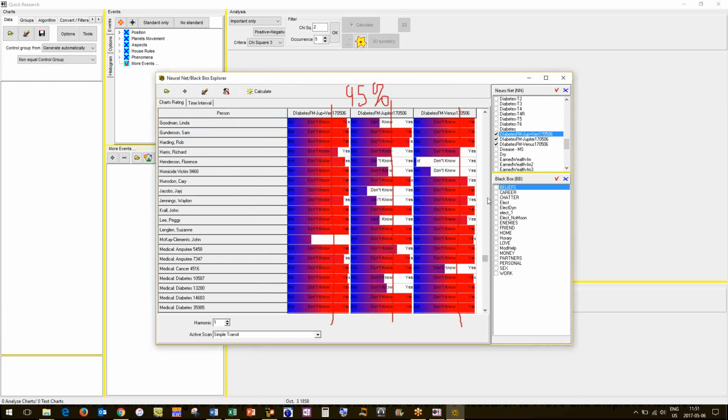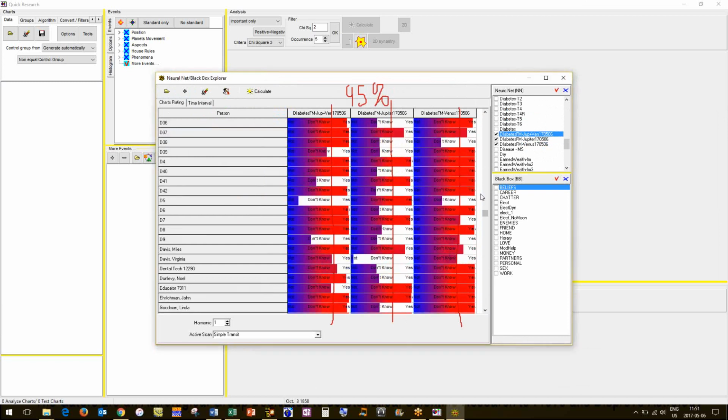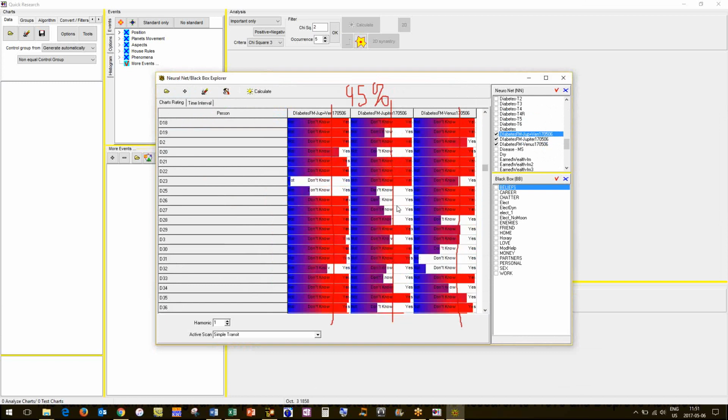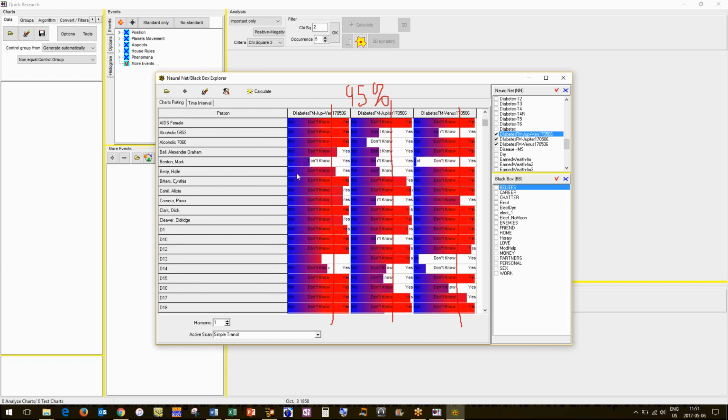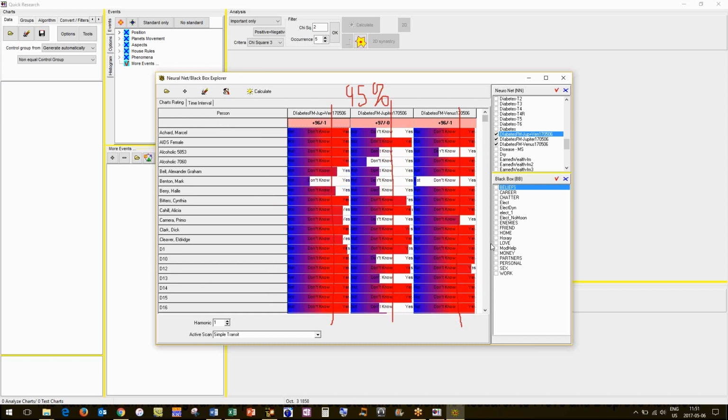So as you go through here, you can see there's a lot of gaps. This one's not bad. So Venus, so here's a conclusion that we could draw after running our model. Venus is better at predicting diabetes than Jupiter. And then you could combine them and have a model, and the combination of Jupiter and Venus works better than each one individually.